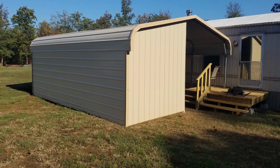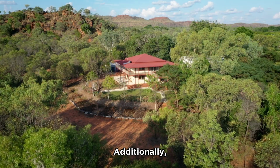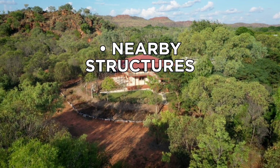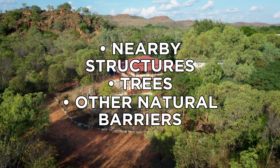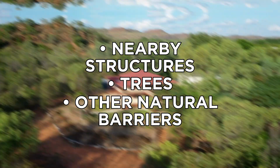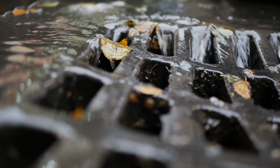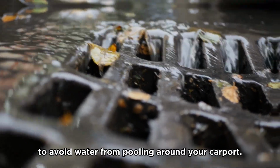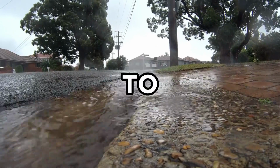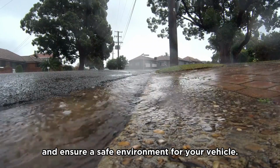This is particularly a concern if you have a carport that is enclosed on 3 sides. Additionally, consider nearby structures, trees, or other natural barriers that can provide additional sheltering from strong winds. Assessing rainfall and drainage is another critical aspect. Look for areas with good natural drainage to avoid water from pooling around your carport. A location that allows rainwater to flow away from the carport area will help prevent damage and ensure a safe